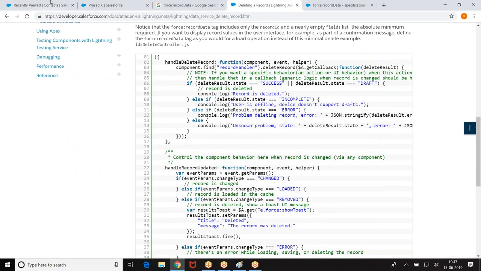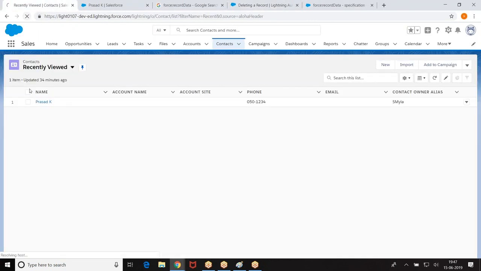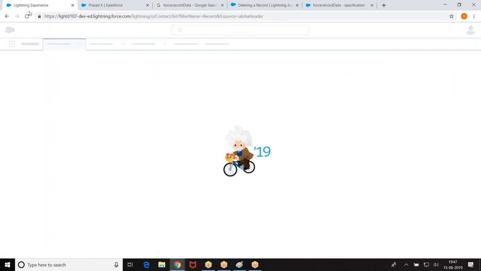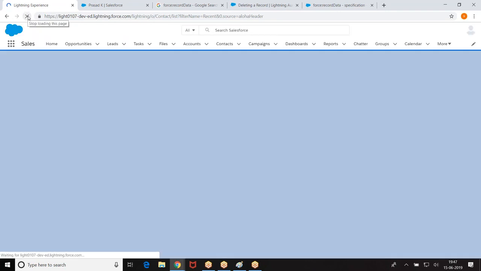Then I need to refresh the page. I want the changes to be replicated.